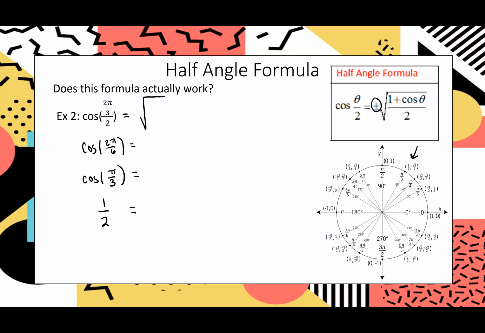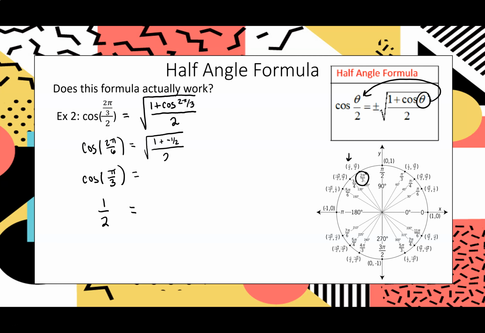So this is going to be the positive square root of 1 plus cosine of, remember, theta is just going to be the value that's in the numerator here. In this case, it's going to be 2 pi over 3, all divided by 2. Okay. So cosine of 2 pi over 3, I've got to find that, and 2 pi over 3 is right here, and that cosine is negative. Okay, so we've got the square root of 1 plus a negative 1/2